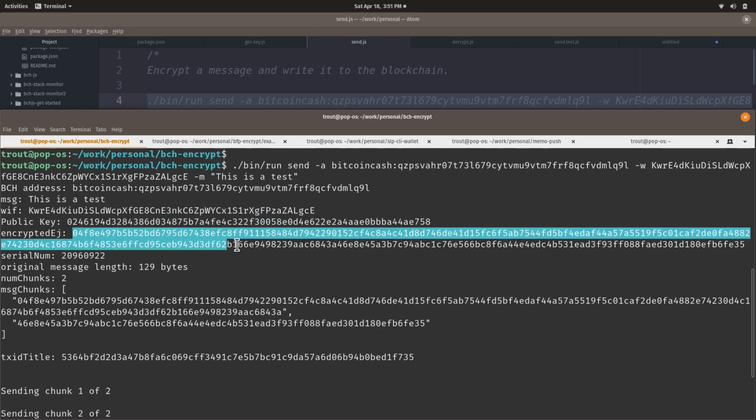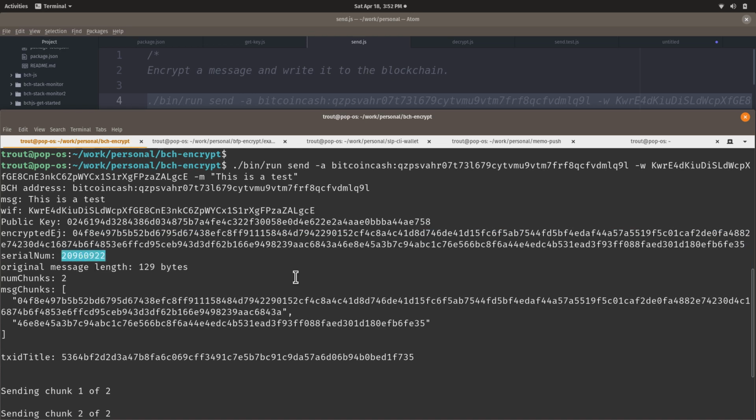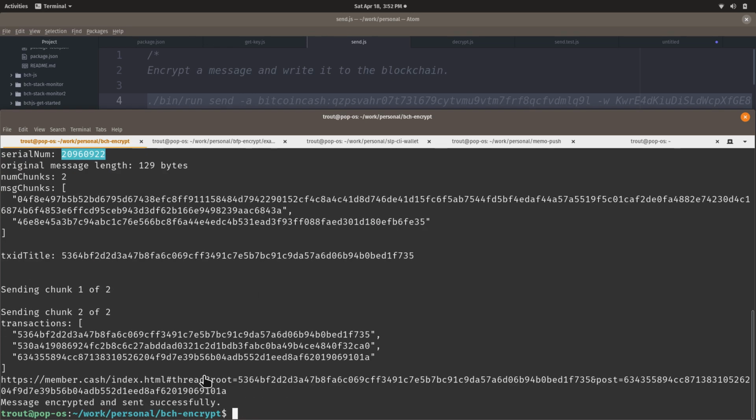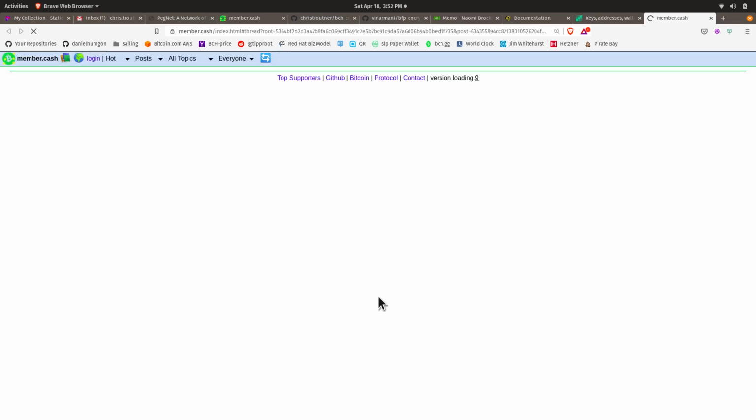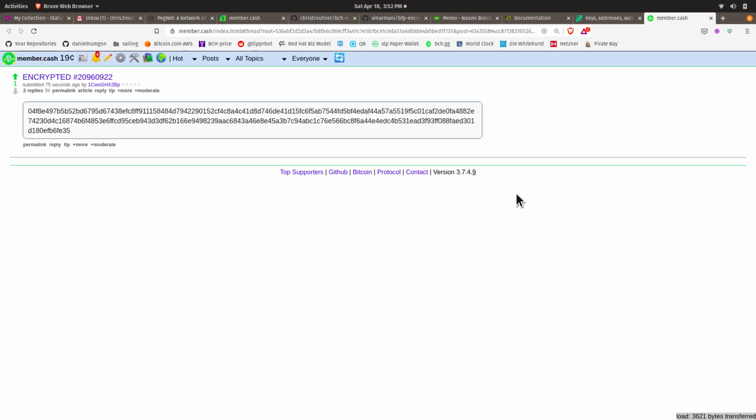Here is what the message looks like when it's encrypted, and it's a bit larger because it contains a bunch of encryption metadata. What I'm doing is generating a serial number. Let's click on this link here. Here's where you can see the actual on-chain post at memo.cash.